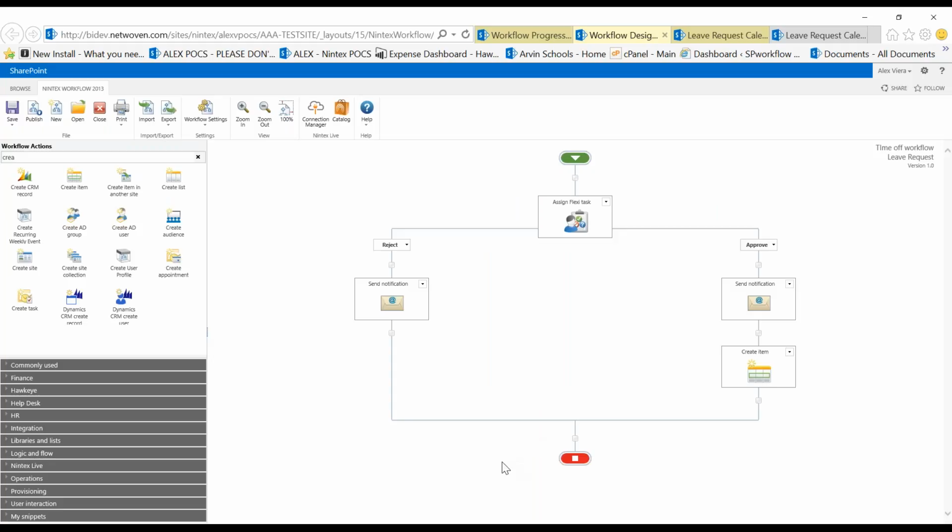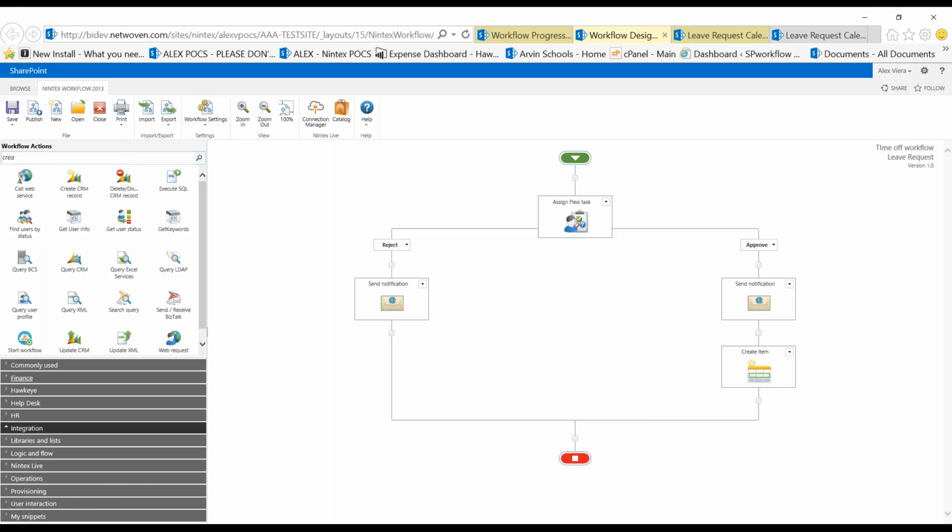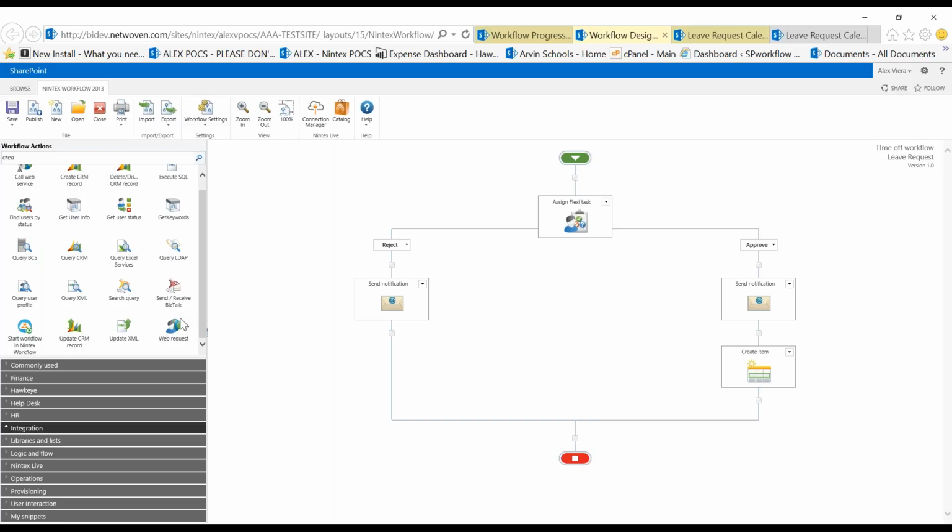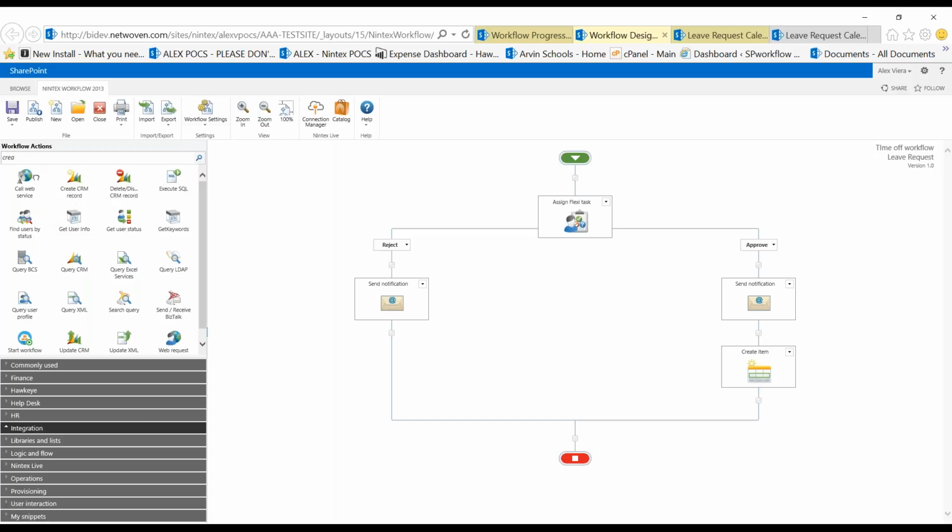Now, one of the things inside of that slide I showed you was being able to integrate to the back end. So that's when I was talking about integration, where we might want to talk to some back end system. So I might have to call a web service if I want to be able to integrate with the back end. To do that, I would just drag and drop that, and then we could configure our communication with SAP or whatever third-party product you might be using for payroll or something like that, and that would round this out to make sure we could modify this from end to end.